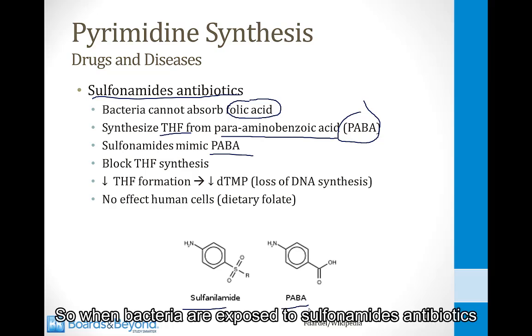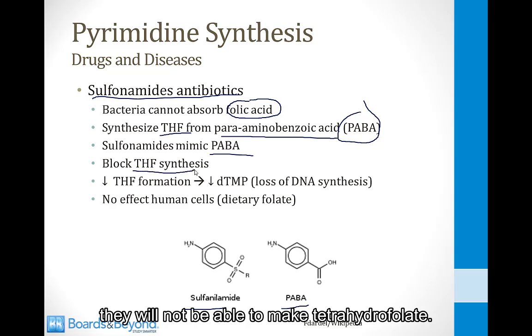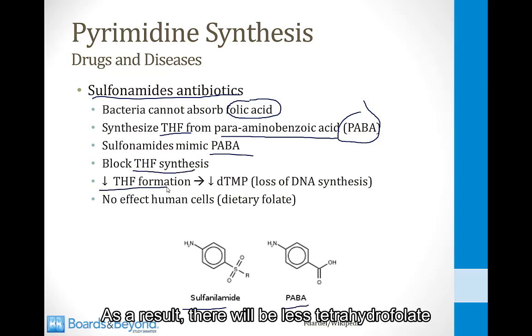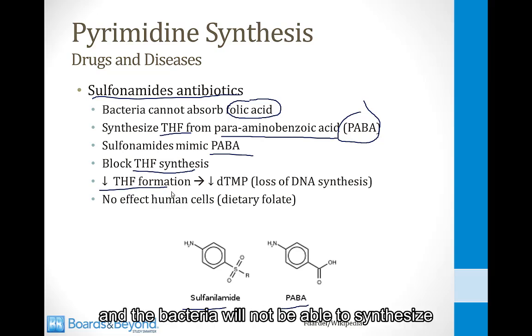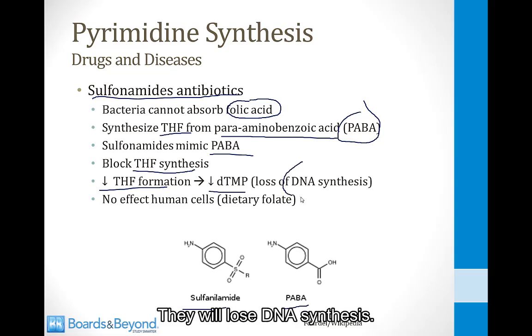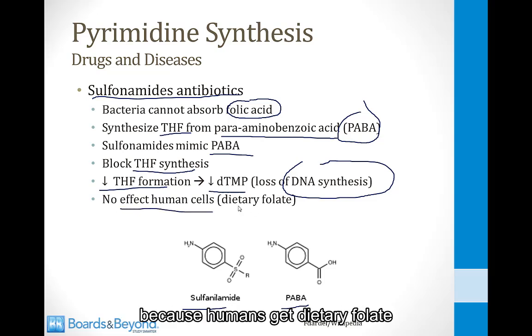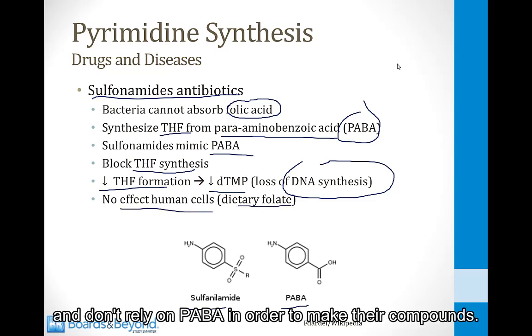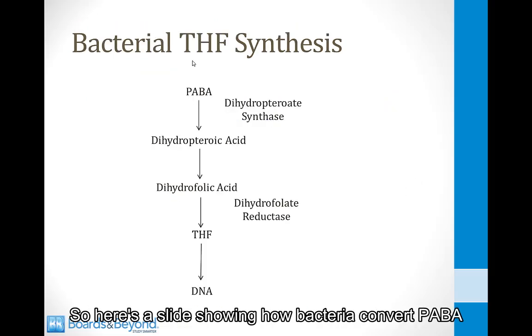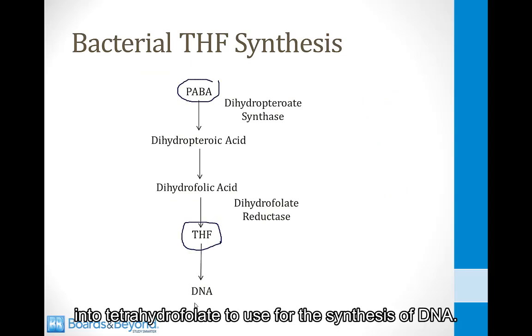So when bacteria are exposed to sulfonamide antibiotics, they will not be able to make tetrahydrofolate. As a result, there will be less tetrahydrofolate inside of the cell, and the bacteria will not be able to synthesize deoxythymidine monophosphate. They will lose DNA synthesis. Importantly, there's no effect on human cells because humans get dietary folate and don't rely on PABA in order to make their folate compounds. So here's a slide showing how bacteria convert PABA into tetrahydrofolate to use for the synthesis